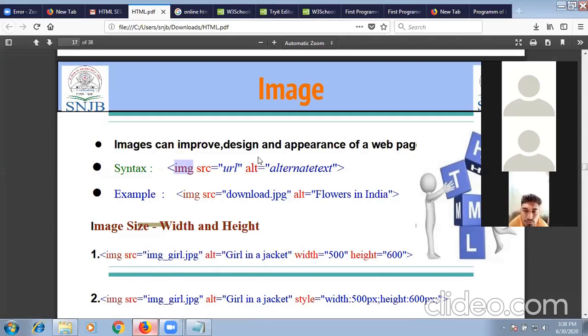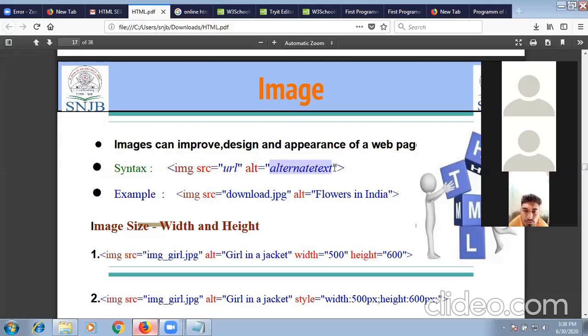Whatever you write inside the main tag will be its attributes. So which attributes are we going to use? The first one is source and the second one is alt. In the source attribute you will give the URL, or you can give the name of your image file. In the alt attribute you have to give a name to that particular image.